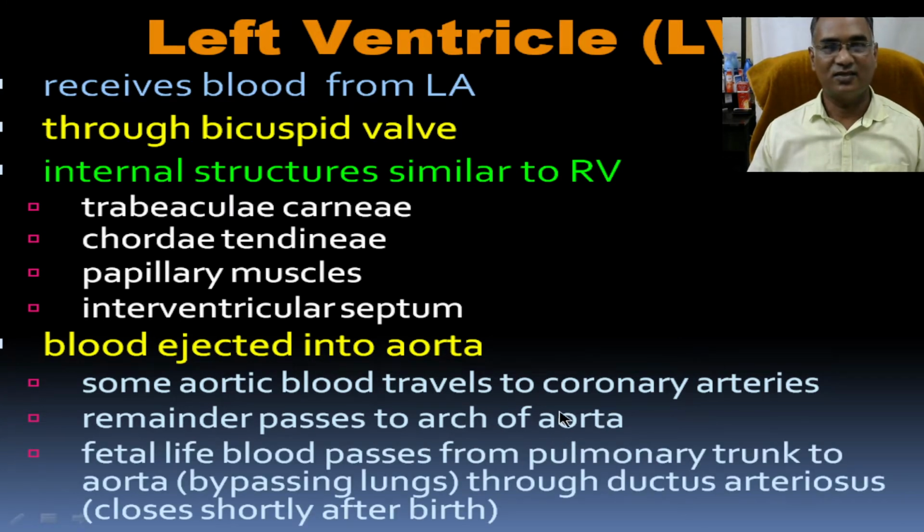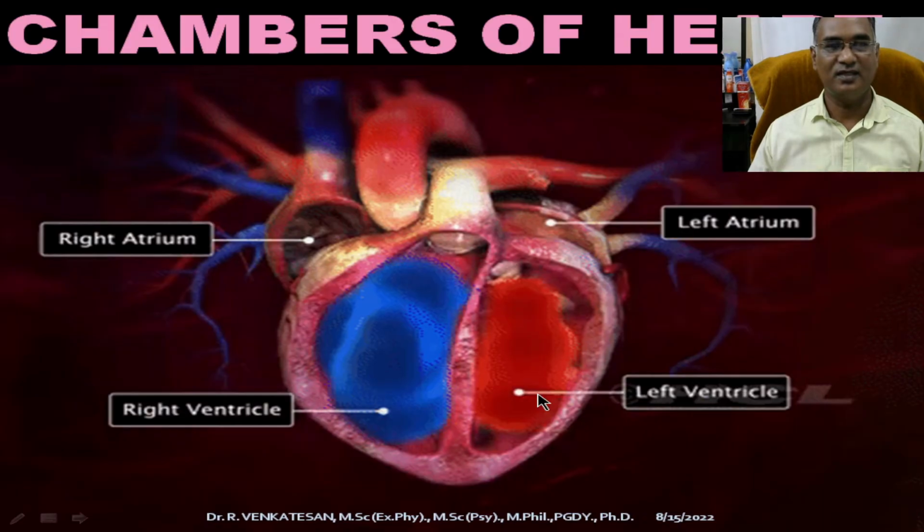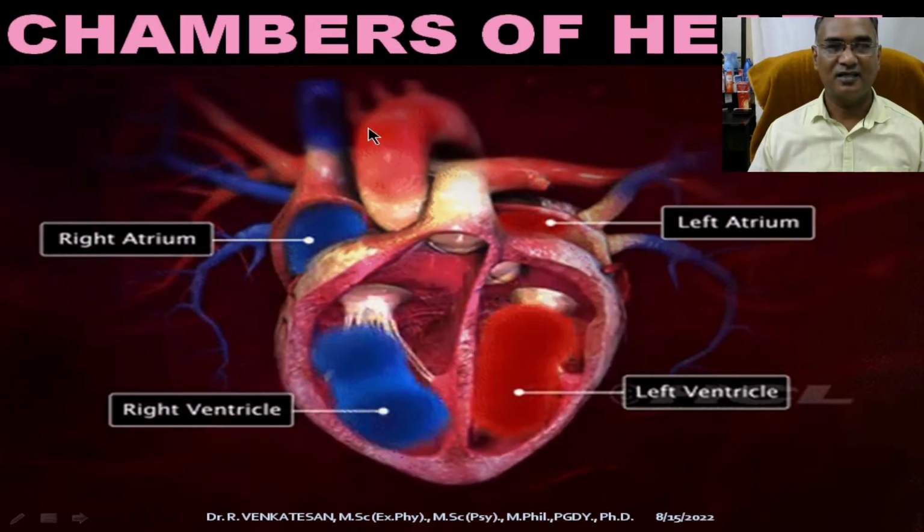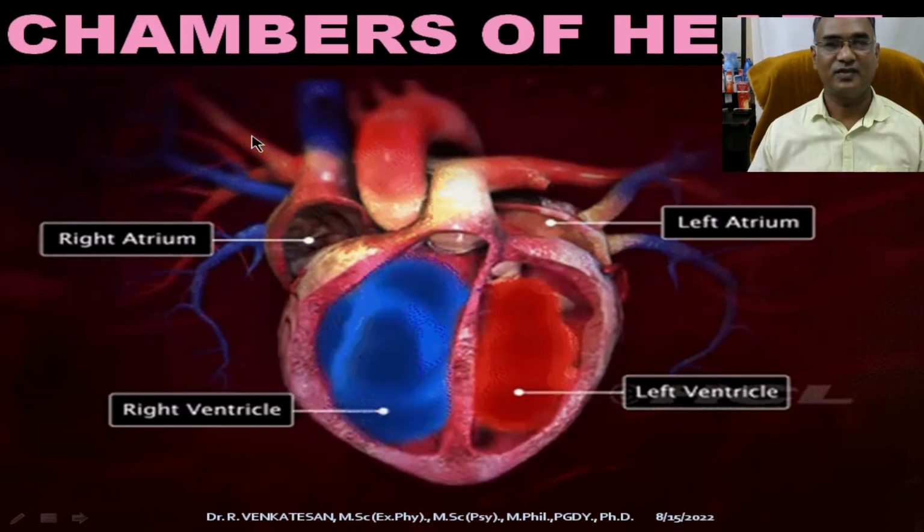So these are the four chambers. Simply, we can divide the heart into left and right. Right side: right atrium, right ventricle; left side: left atrium, left ventricle. These four chambers work in a cyclic process, continuously working. With the help of walls only, it is possible. Let us discuss the walls. Before that, there is a